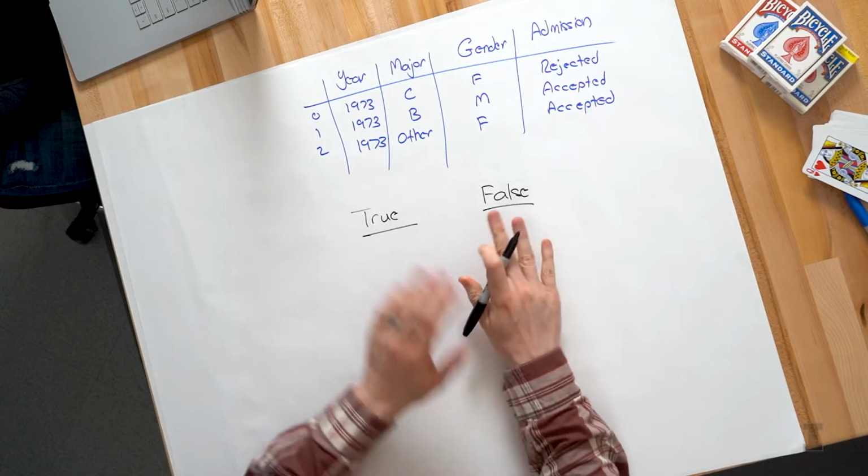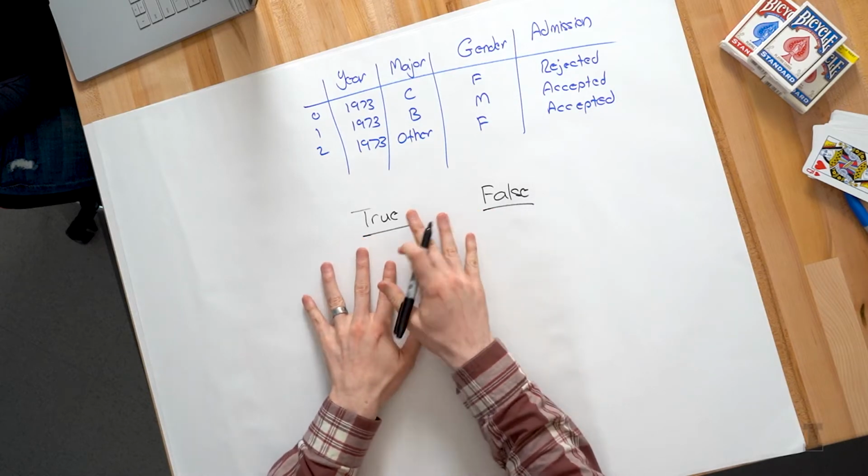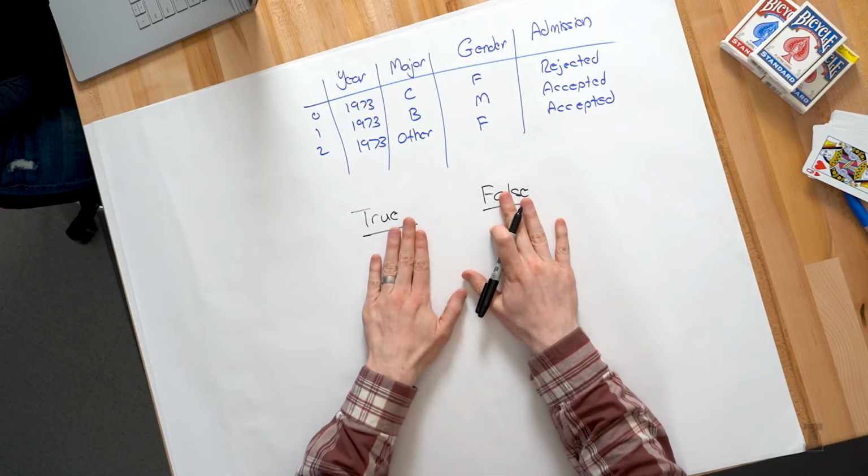It's going to be one or the other, and there can never be anything that's maybe true or maybe false. It's always going to be a binary decision. It's always going to be true or it's going to be false. So we're going to do this by looking at 6 different ways we can structure conditionals.